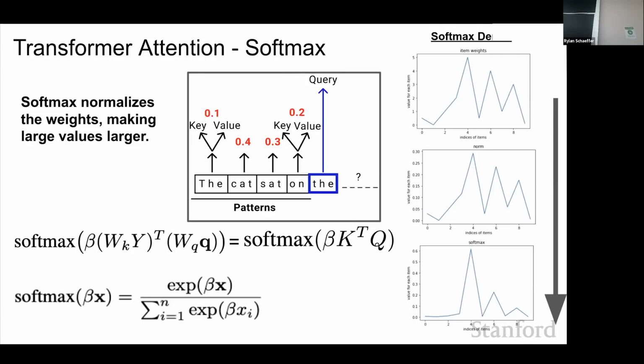And this will be important for the relation to SDM, so I'll spend a minute on it. At the top here, I have some hypothetical items indexed from 0 to 9, and then the values for each of those items. In the second row, I just do a normal normalization of them. And so the top item goes to a 30% value. But if I instead do a softmax, and it depends on the beta coefficient of the softmax, the value becomes 0.6. So it makes your distributions peakier, is one way of thinking of it. And this is useful for attention because you only want to pay attention to the most important things, or the things that are nearby, and ignore stuff further away.